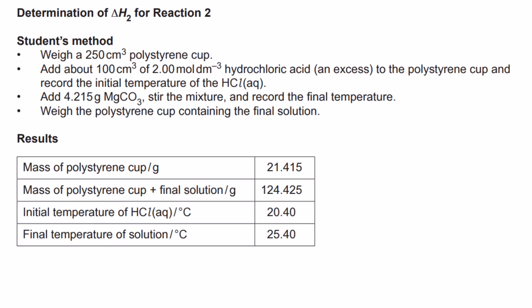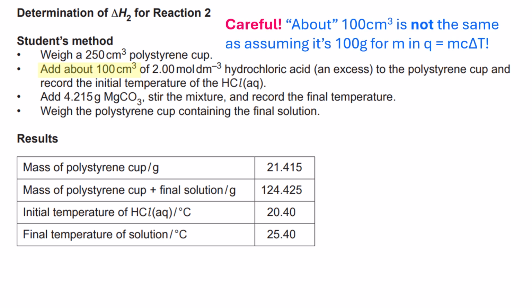So zooming in a little bit on the information we're given, it says add about 100 centimeters cubed. And you've got to be careful here because about 100 centimeters cubed is not the same as actually how much it was added. So don't fall into the trap that many people do of assuming it's 100 grams for m in Q equals mc delta T. What we've got to do is look carefully at the data you're given, and you can see that there's a difference between those two values, which will give you actually 103.01 grams. So that's what they mean by about 100 centimeters cubed. It ends up with